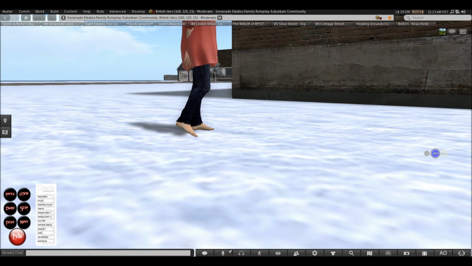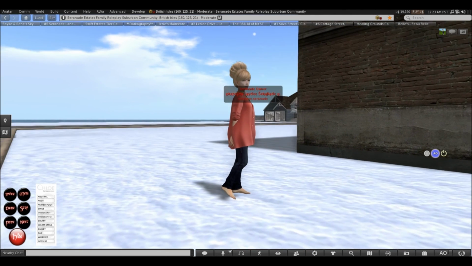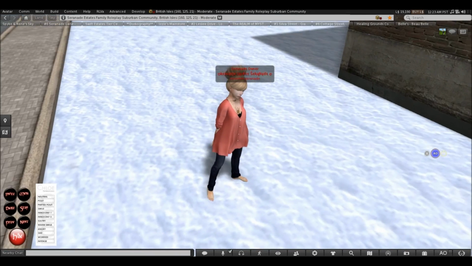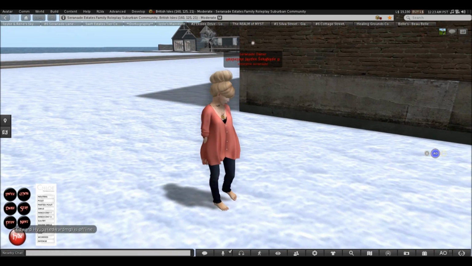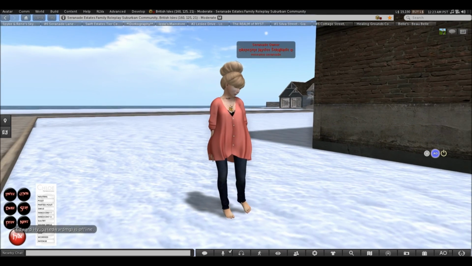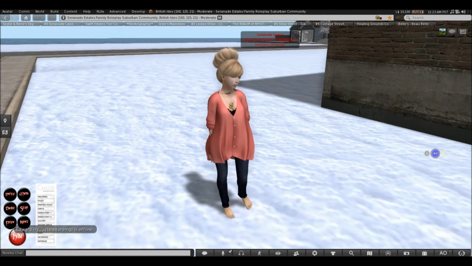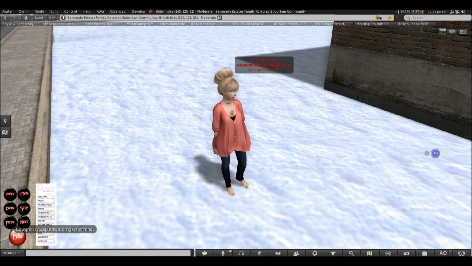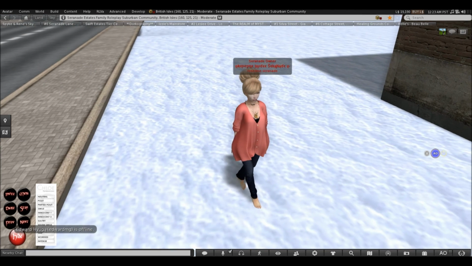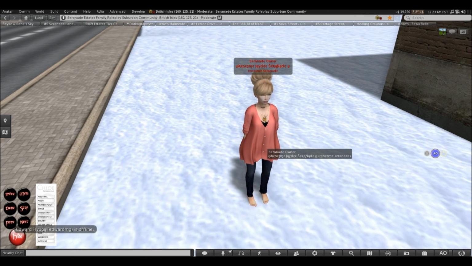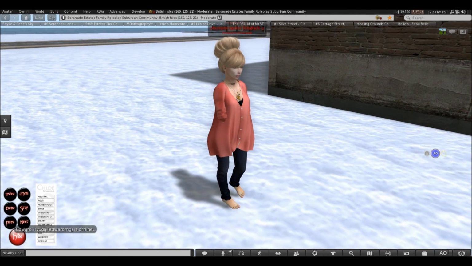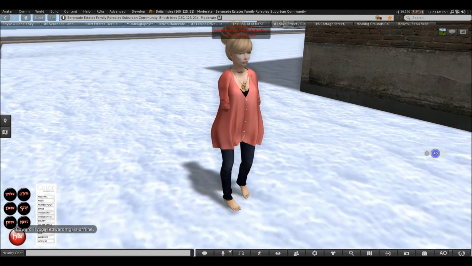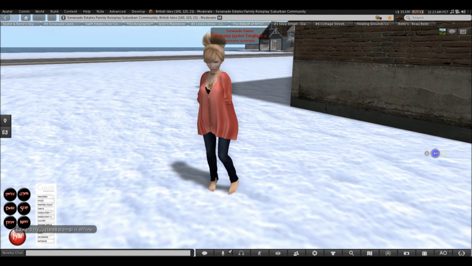So then you can exit out of that, and if you've done all of this, you'll have shadows. If you don't, try relogging, and if you can't do it, then chances are that your graphics can't handle it. So if you really want shadows, you may want to get a new computer